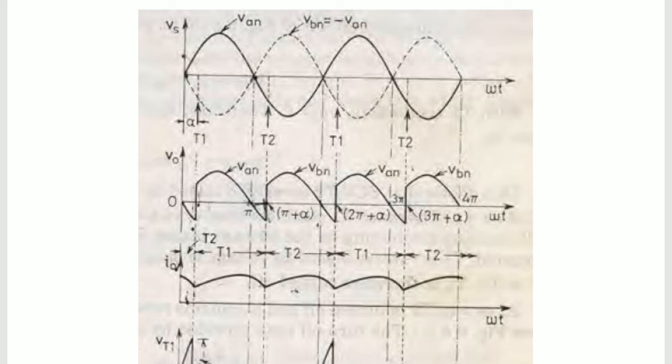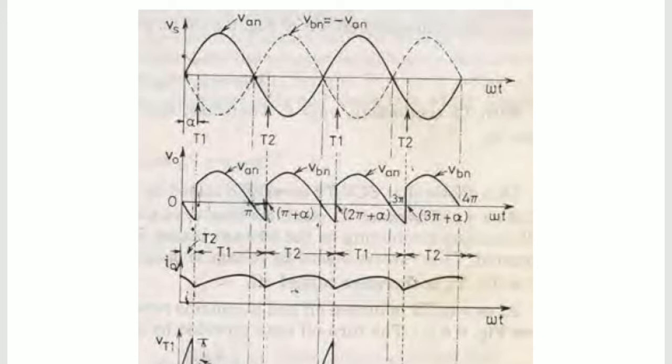During the negative half cycle, we will trigger the thyristor T2 at an angle pi plus alpha. T1 will trigger at an angle alpha and T2 will trigger at an angle pi plus alpha. For this time also we will get output voltage, that is shown by VBN. During T1 triggering and during T2 triggering, the direction of current is the same. So we get the positive voltage during positive and negative half cycles of the AC wave.